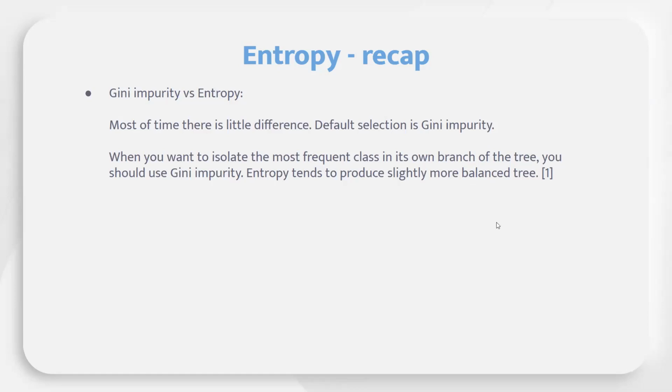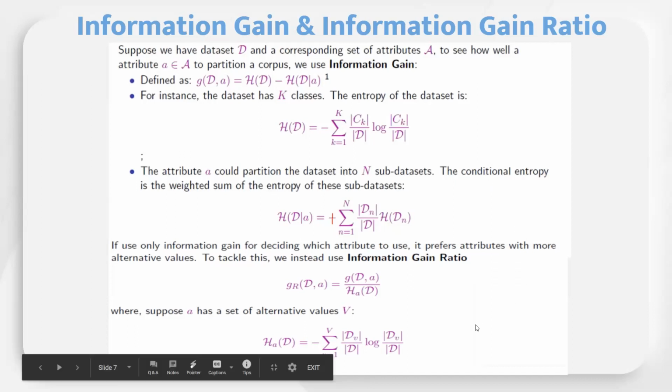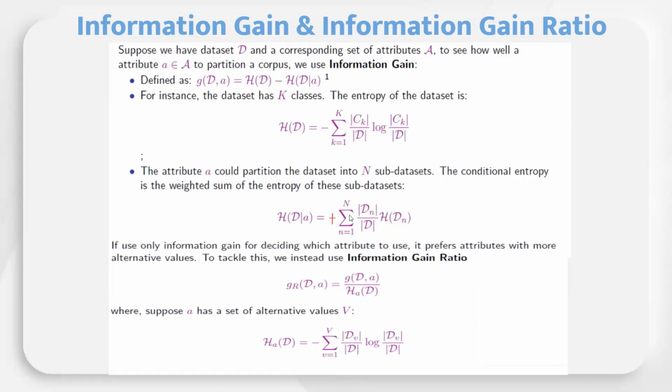So now we know the concept of entropy. We want to review another concept we learned last week, called information gain and information ratio. When you split a tree, you want to decrease the entropy. That's why we split the tree, to make a better classification. You want the entropy to be reduced, and if you subtract the entropy of the new cases from the entropy of the original cases and that value is positive, you have information gain. And in most cases, we determine whether we want to split the tree or not depending on the largest